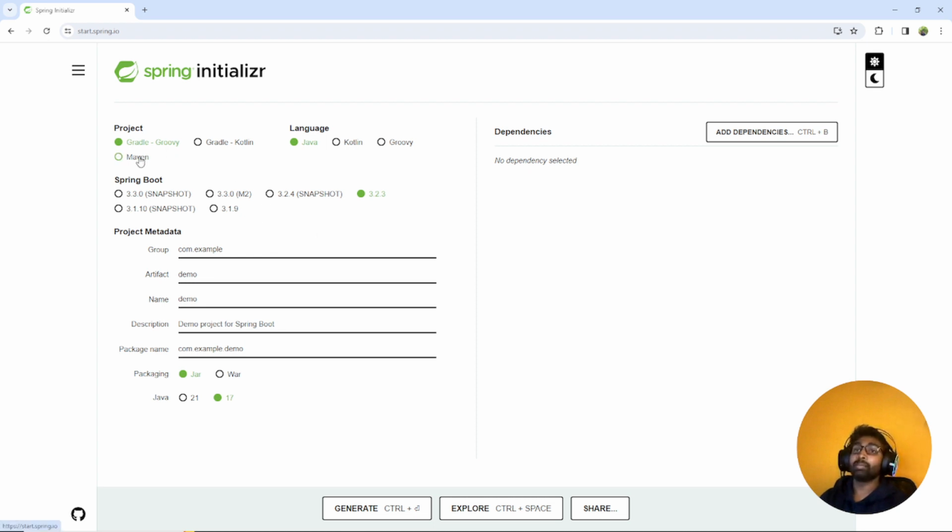In my case, I'm doing a Java project, so that's why I have selected the language as Java. And it's not Gradle, since Gradle Groovy and Gradle Kotlin are used for other kinds of applications. Right now we are doing a Maven project, so for the web application, I'm selecting Maven. All right, so